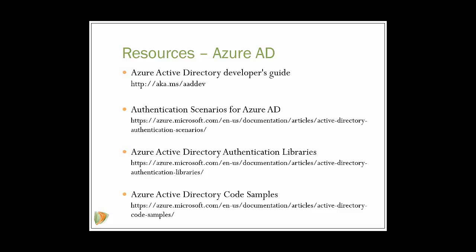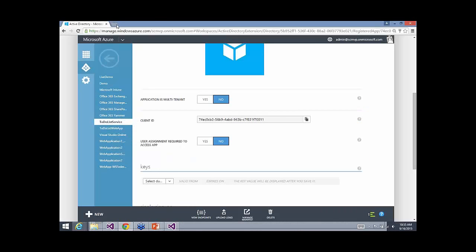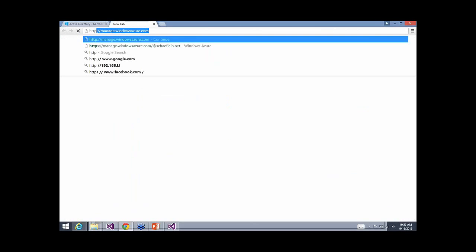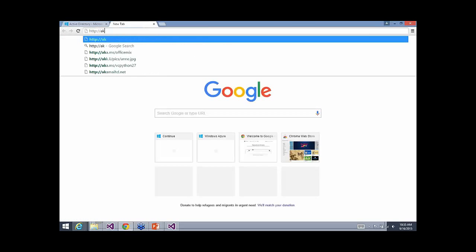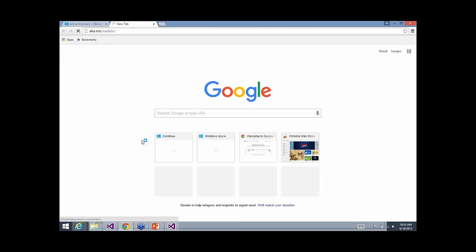Here is the one link if you want to remember anything. One thing to take away is the Azure Active Directory Developers Guide, aka.ms/AADdev, and you know what, I'm going to launch that one real quick here just to give you that, because this is our launching point. Apologies for not having this up ahead of time. But this is,